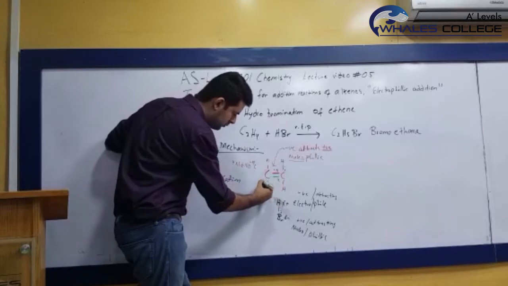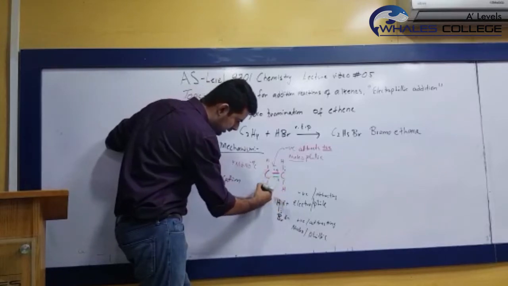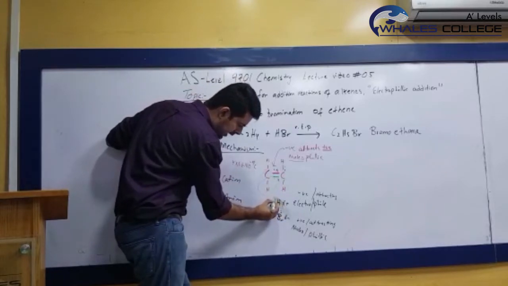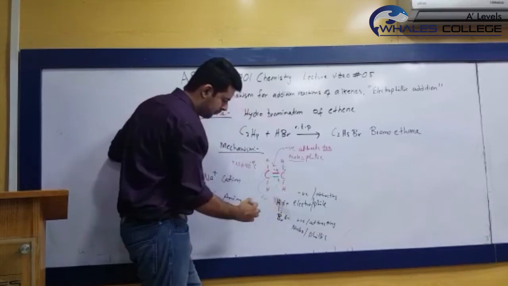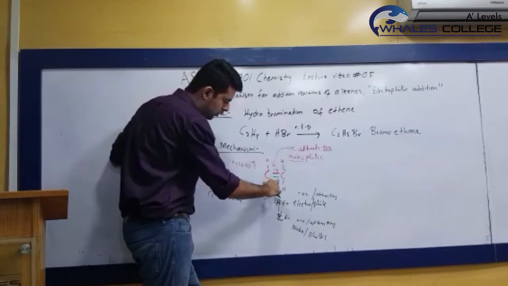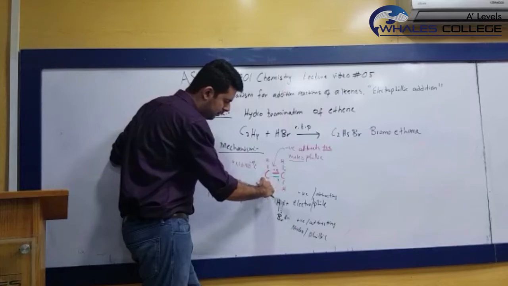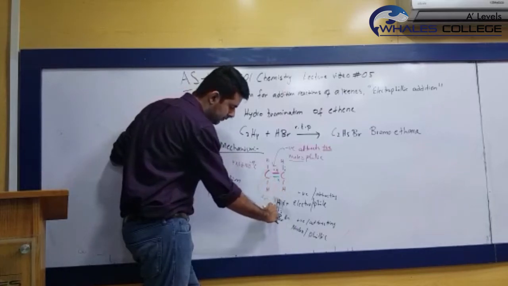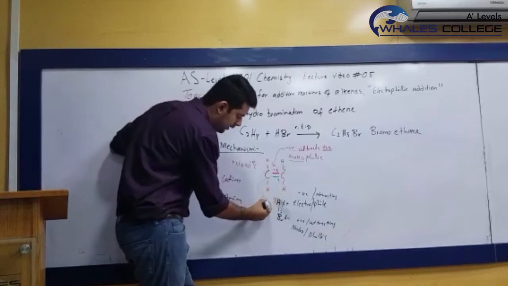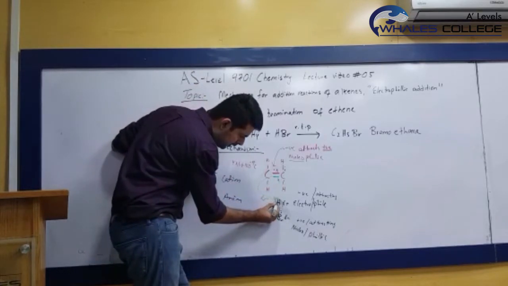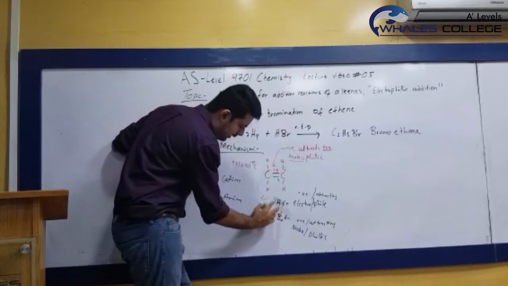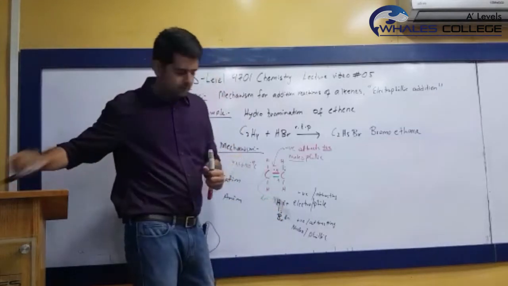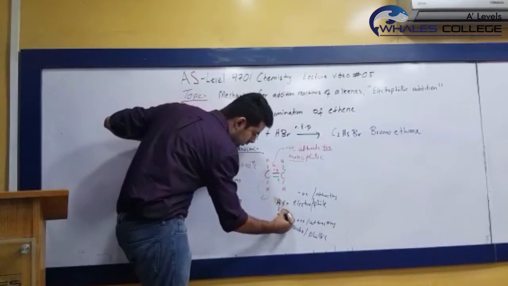The curly arrows mean that the electrons flow from this region to this side, and this arrow means there are two electrons moving. That means the electron dot, which belongs to the left carbon, and the cross, which belongs to the right carbon, both flow towards this hydrogen. Now when these electrons come near to this hydrogen, they push these electrons because electrons repel electrons. They push these electrons away,